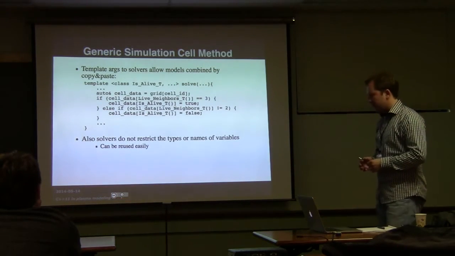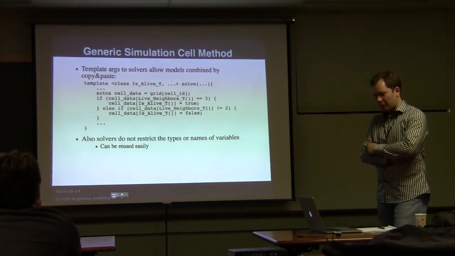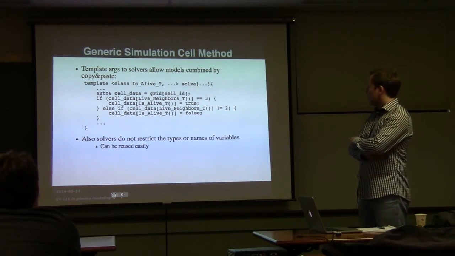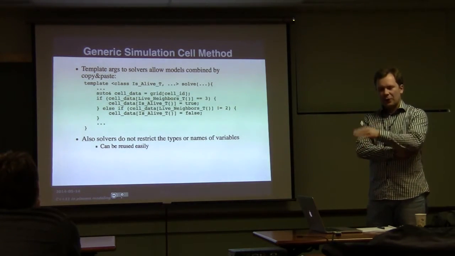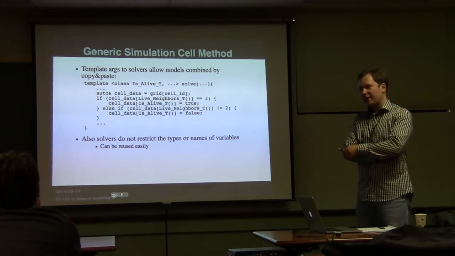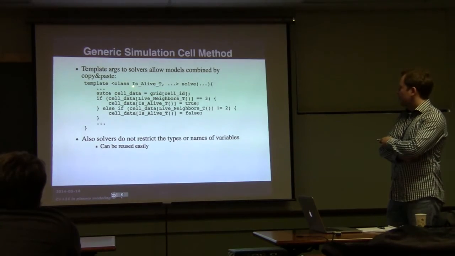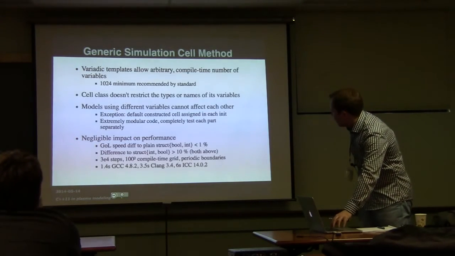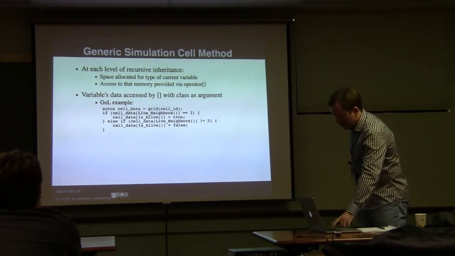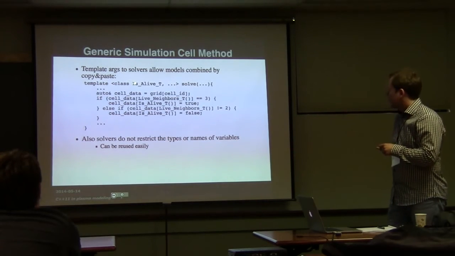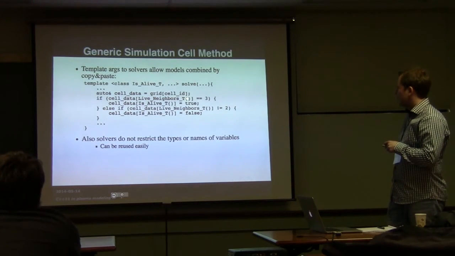And also now the solvers. If you also give the variables that you want to use as template arguments to the solvers, then this allows you to actually copy-paste the code from different models into a new CPP file. And then it should just work if you do it properly. So instead of what was it, a few slides ago, where you had the specific name that the user had for the variables, in the solver itself you just have some arbitrary type that you then give to the cell class.